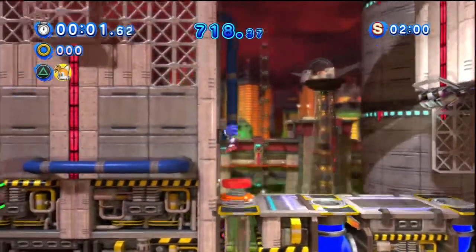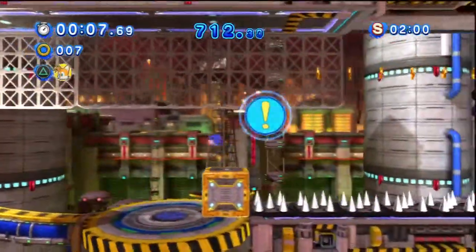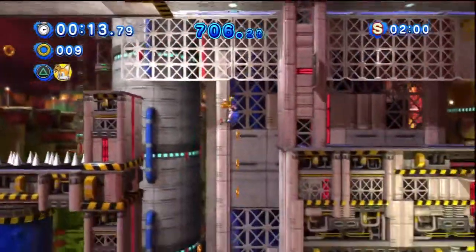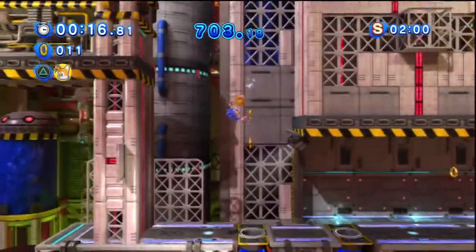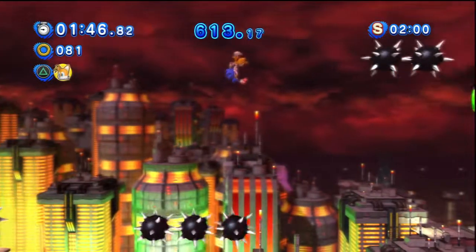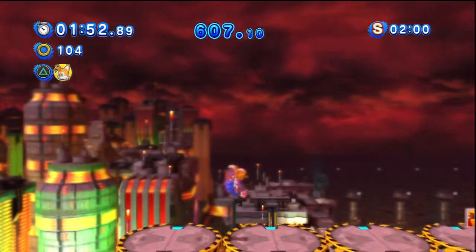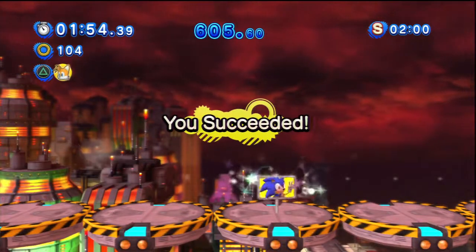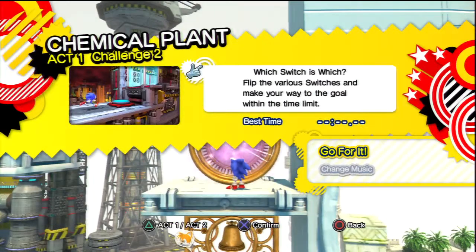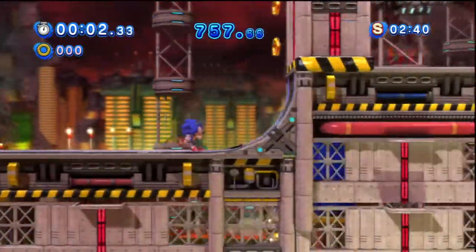Now here in Chemical Plant Zone, the first challenge I'm doing is one with Classic Tails. Pretty much you need to use Classic Tails to guide Sonic over these little pits that he can't normally jump. This one is a reenactment of what Tails did in the Classic series, especially in Sonic 3. He'd help Sonic fly, essentially. I like that they did this challenge. It's one of my favorite challenges for that reason. It's really good, and it's not focused on speed. But anyways, Challenge 2 of Act 1 of Chemical Plant is, I do believe, on...